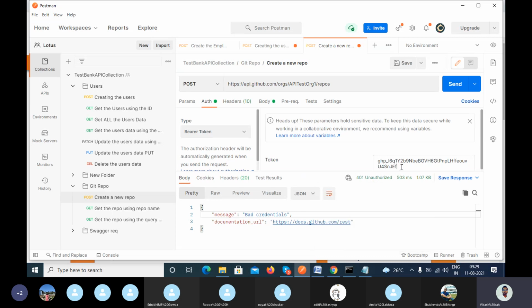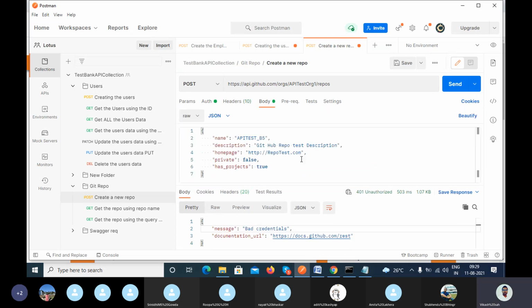Let's suppose you pass the right token here, and you are passing some other user's organization. Let's suppose this is my GitHub account organization.